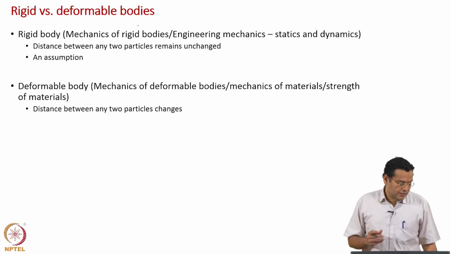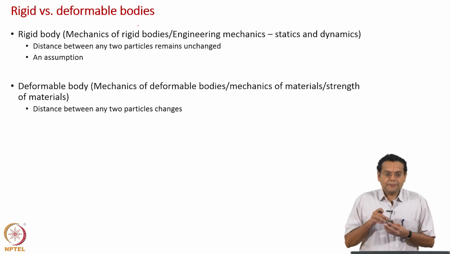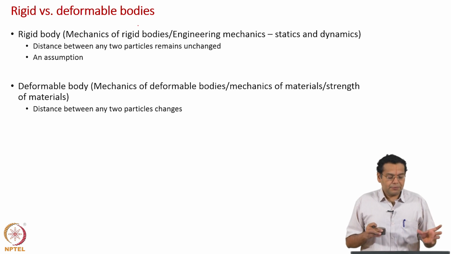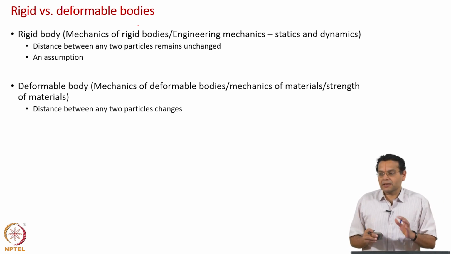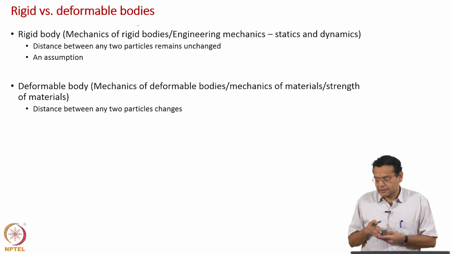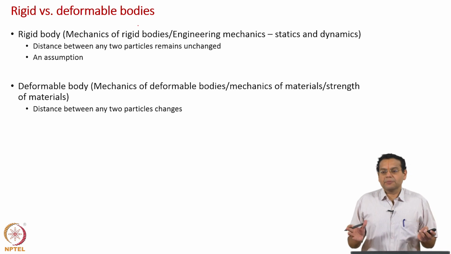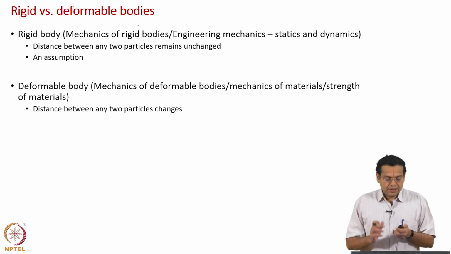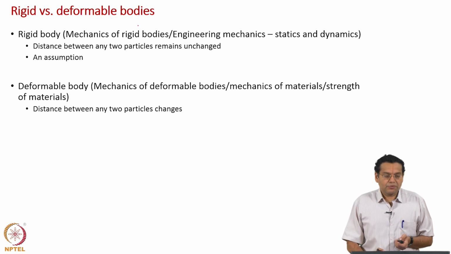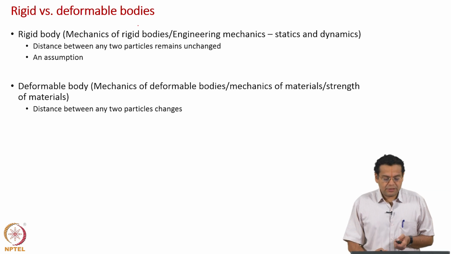So, now in terms of a more formal definition, if you mark 2 points, the distance between them changes. Okay. Of course, we will discuss more about this in detail, what you mean by distance between these two particles changes, etc. But right now, as a very quick introduction, if you mark 2 points subject to very large force per unit area, then there is a change in the distance between them. Okay. If there is no change in the distance between them, it is behaving as a rigid body. Okay. But there will be a very small change. It is for us to consider that or not. You do not consider that when you discuss mechanics of rigid bodies.